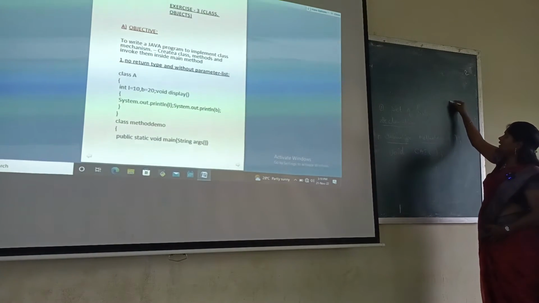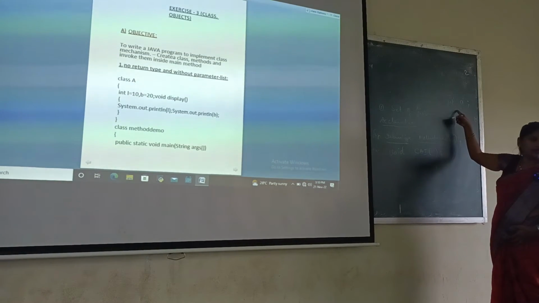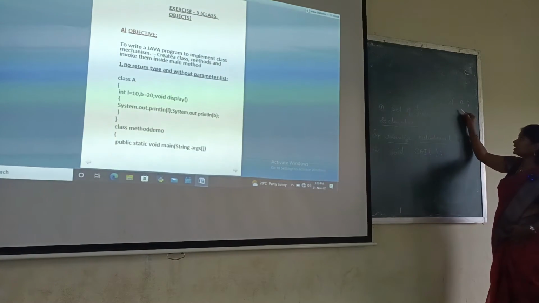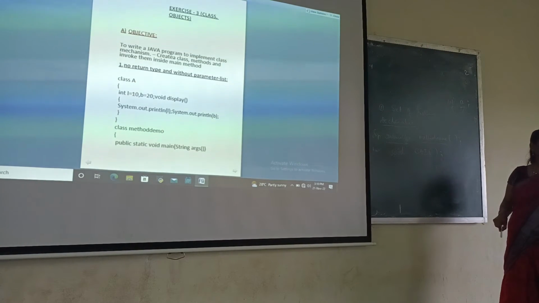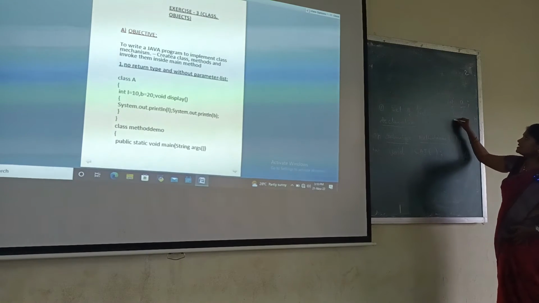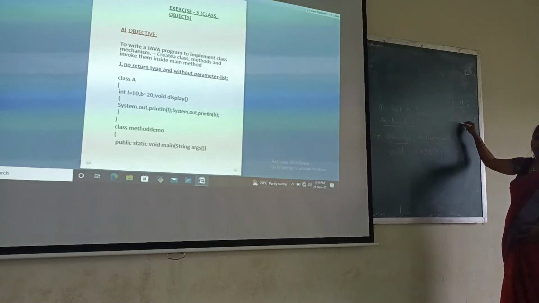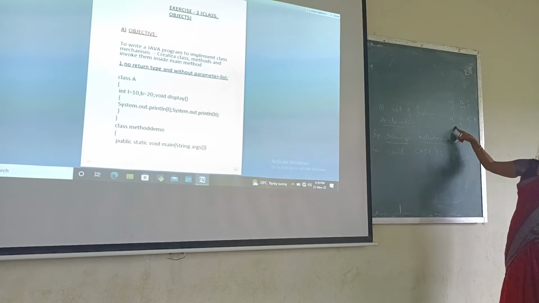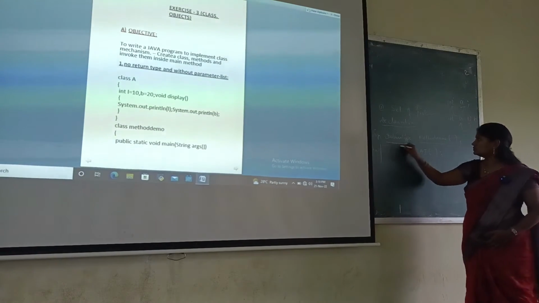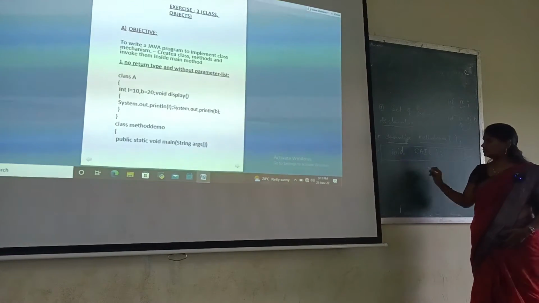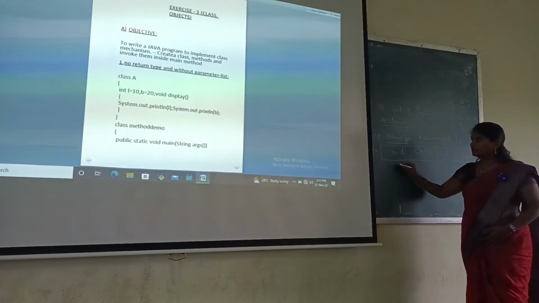Okay. So int a is a variable declaration. We declare a as an integer type. Okay. So int a is equal to 10. We assign a value to the variable, initialization. Okay. So we method and with semicolon. How to define a method?